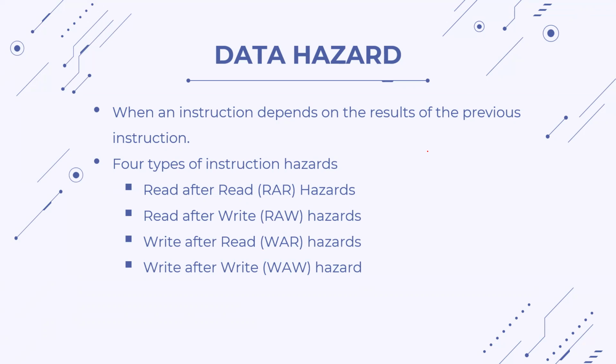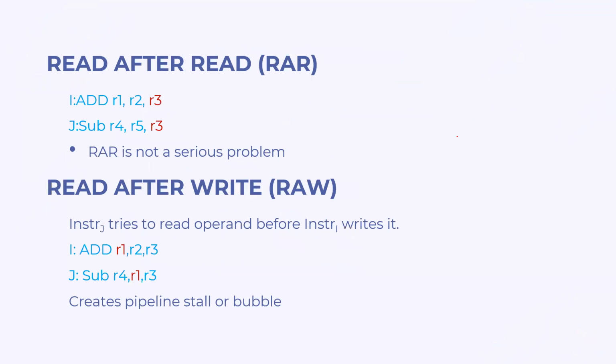There are four types of data hazards. First one, read after read. Second one, read after write. Third one, write after read. And the fourth one, write after write. Now let's look at them one by one. First one, read after read. If you have seen this example